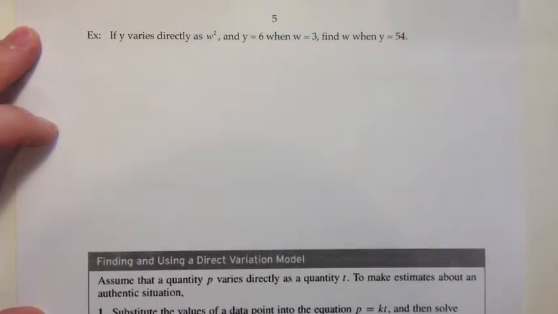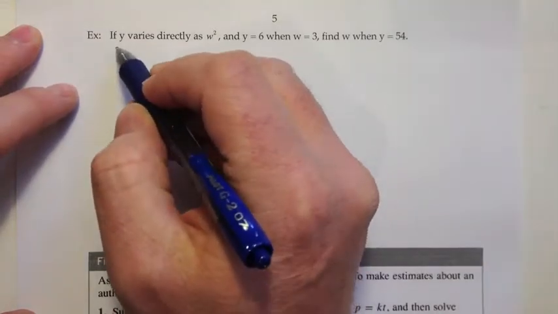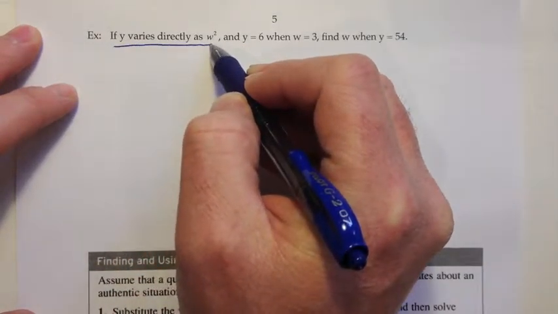Okay, continuing on with section 12.8 on variation. Let's look at another example. If y varies directly as w squared and y equals 6 when w equals 3, then find w when y equals 54. So if we take this first part, where it says if y varies directly as w squared, we